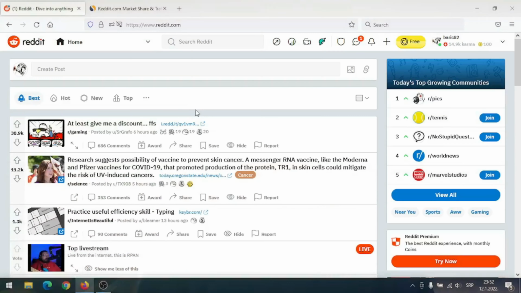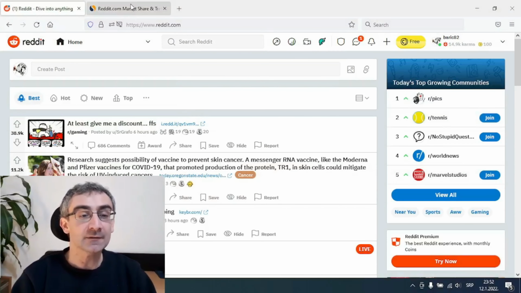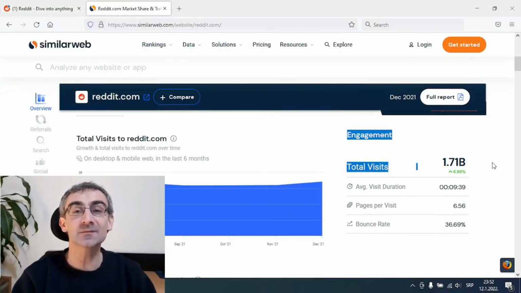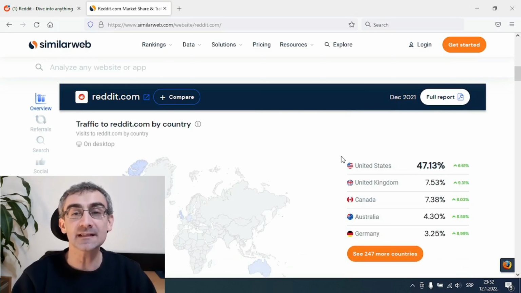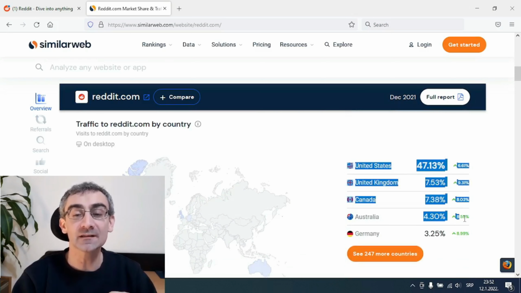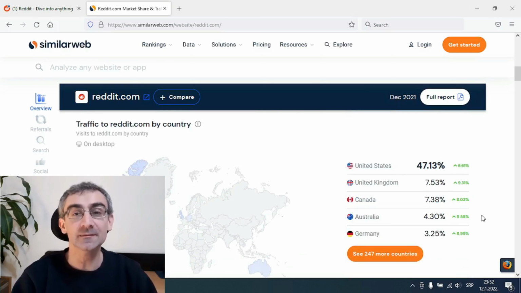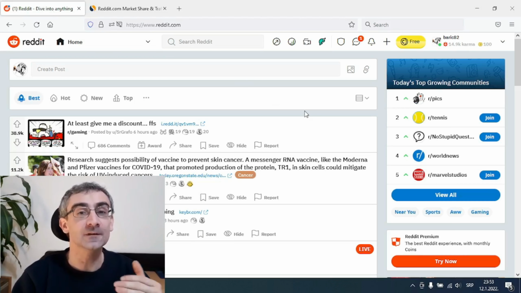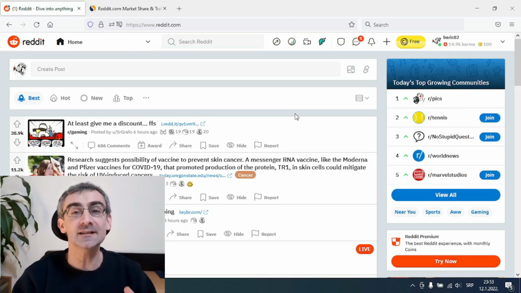The second free traffic source for affiliate marketing on the list is Reddit. Reddit is the biggest message board on the internet, and let me first show you the potential of Reddit. When we go on SimilarWeb, we see that last month Reddit got more than 1.7 billion visits. When we scroll here, we see that most of their traffic is coming from highly developed countries: United States, United Kingdom, Canada, Australia, and Germany. So Reddit has huge potential, and I still use Reddit to drive free traffic to my blogs where I promote my affiliate offers. Reddit is made of subreddits, and you can find subreddits in any niche possible.